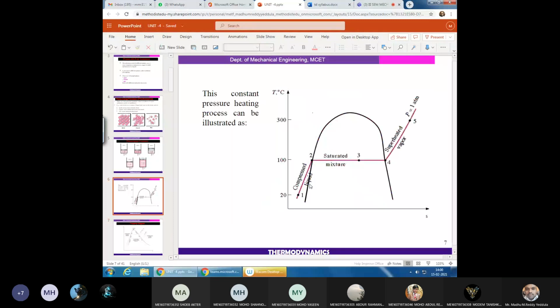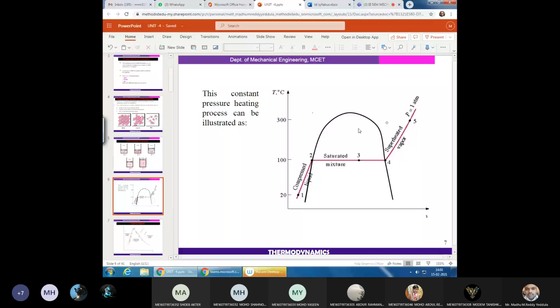Now this is the subcooled liquid or compressed liquid, this is a saturated liquid, and this is the superheated vapor. Okay, now first, if you start heating, what will happen? By maintaining the pressure constant, you can see 20 degrees centigrade, and at 100 degrees centigrade it starts boiling, right? So by maintaining the pressure constant, what will happen? The heating is continuous, and at point 4 it reaches vapor form. Further adding heat converts the saturated vapor into superheated vapor.